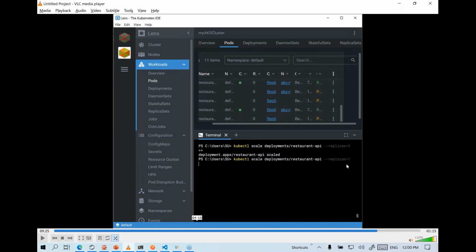So basically, here we have so far done the scaling out process manually, but in a real world scenario, you can also choose to use the auto scale option as well. So you can say you want to use kubectl autoscale. Based on the CPU utilization or the memory consumption, you can scale out automatically. So scale it out when there's load, scale it in when there's less load. So that is basically also possible.